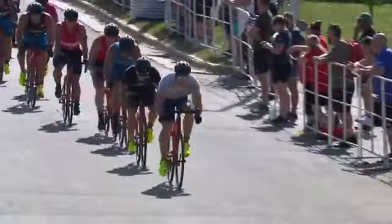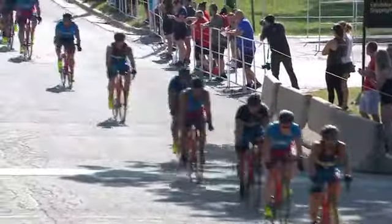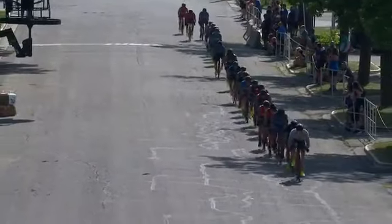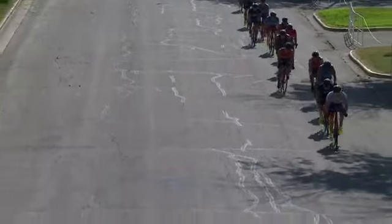And again, they want to do the work as much as they can, keep themselves up in the front. The guys that have been riding understand that the race is not going to be won here in lap number 5. They can worry about that when they get to 8, but right now they're just trying to trade off